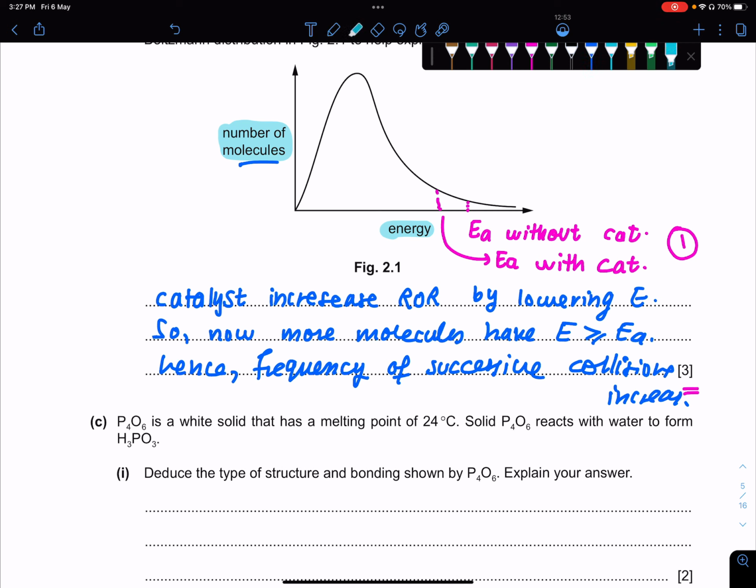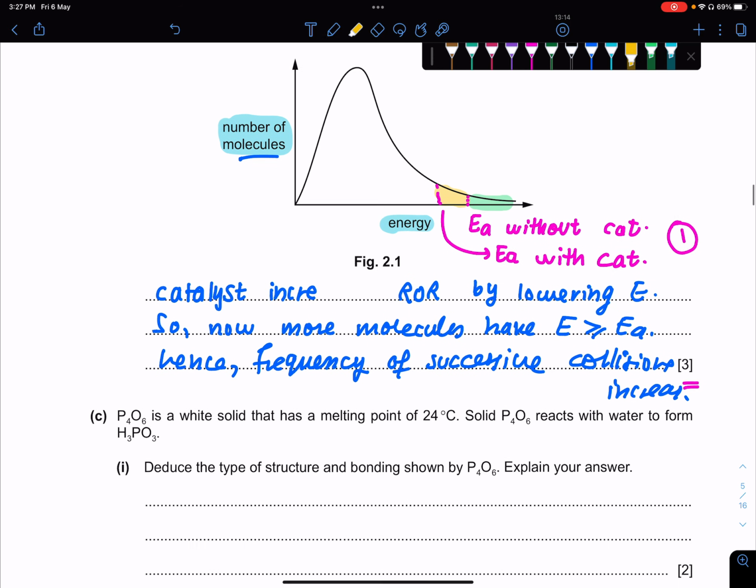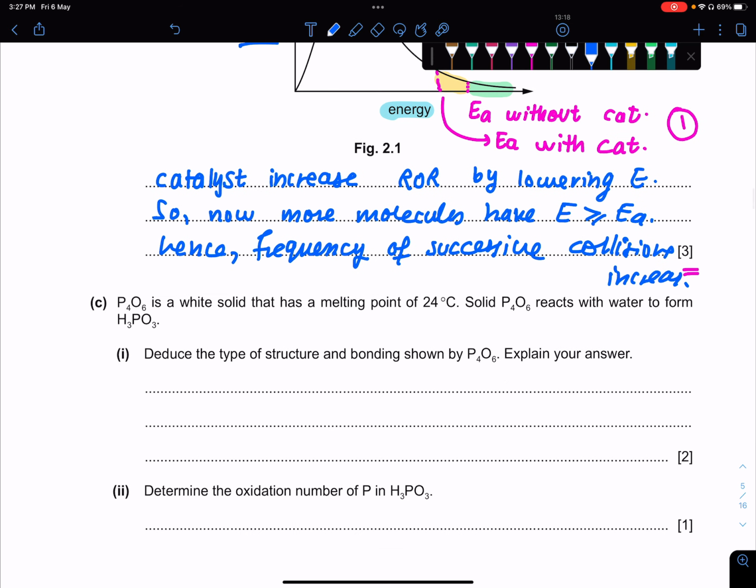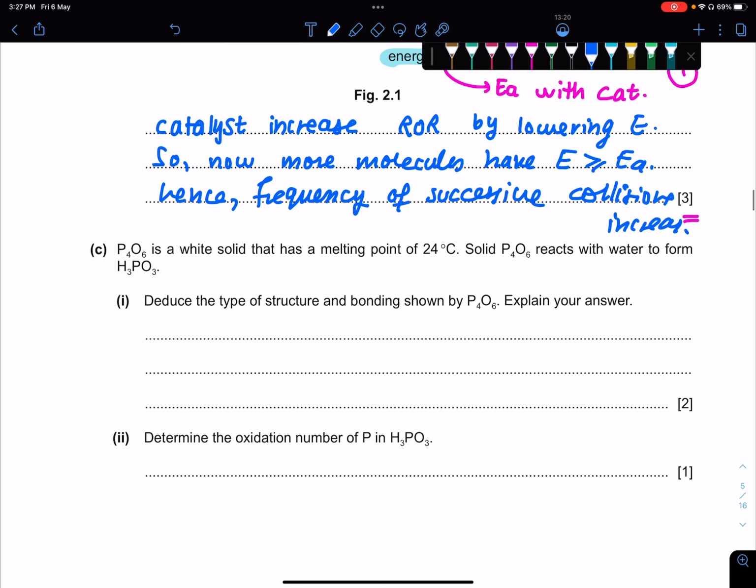So just notice here, look, before there were these many molecules having enough energy to react, right? Now this much additional molecules have energy because activation energy has been decreased by the catalyst, right? I hope you get the point. Increase, sorry, increase. Okay, next part. P4O6 is a white solid,